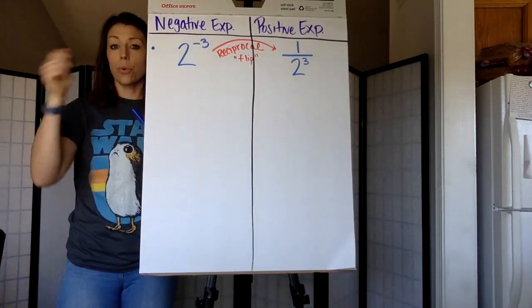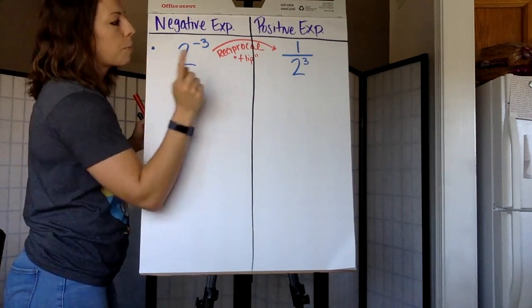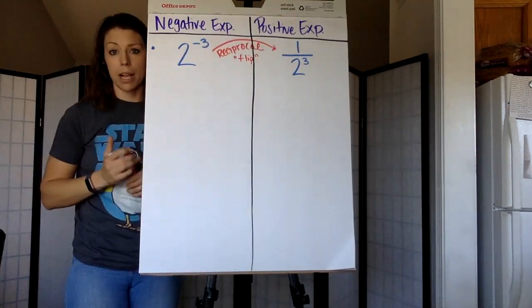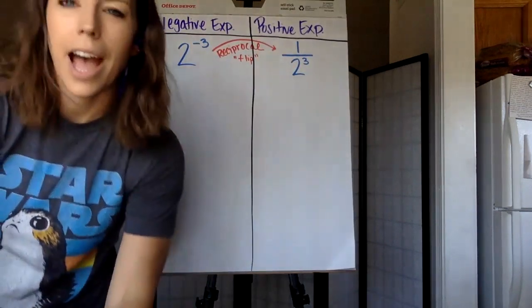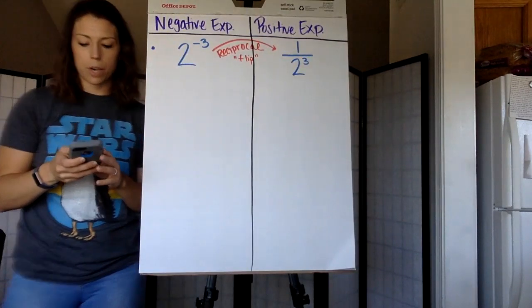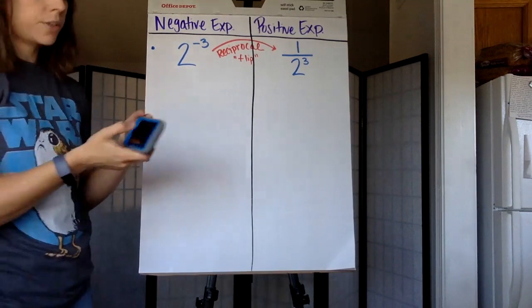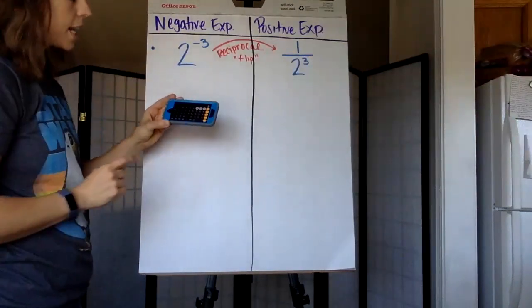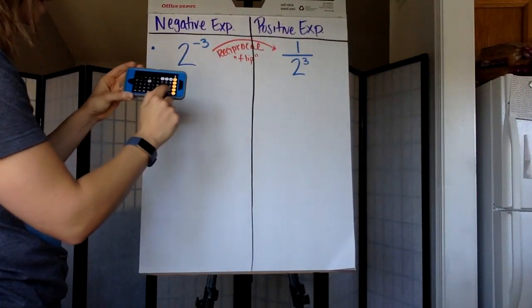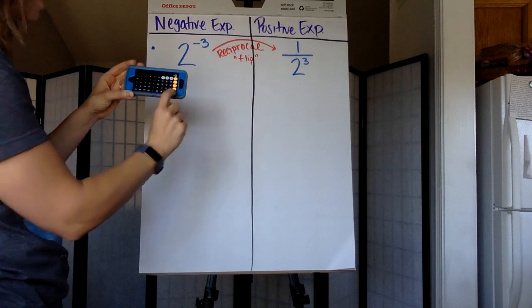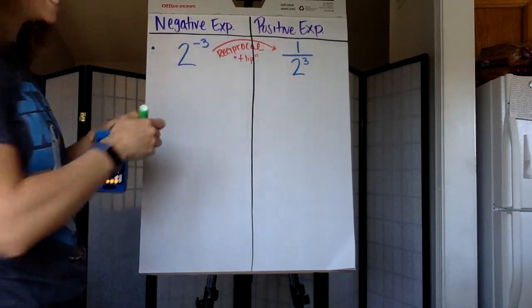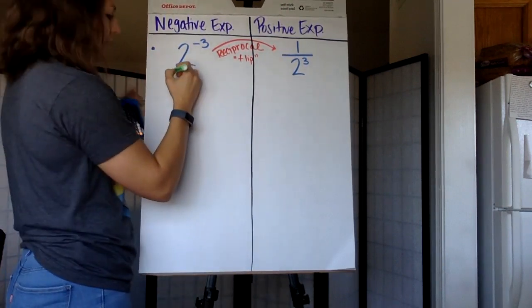Think of this as like you're waving a magic wand. As soon as you put it into the denominator, you flip it and you put it into the reciprocal, the exponent is now positive. Now, again, I hope you're looking at me like, nah, I don't really know if I believe her. Well, there's a reason why we started with 2. Grab your calculators, right? Let's try plugging in 2 to the -3rd power on your calculator. So if I go 2 to the -3rd, the answer that it gives me is 0.125. Notice that it was a decimal, 0.125. I'm going to write that in there,